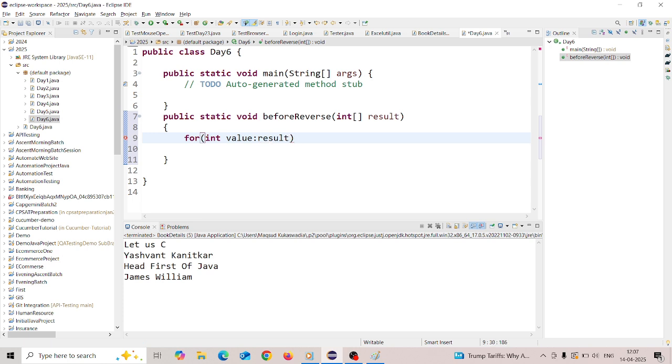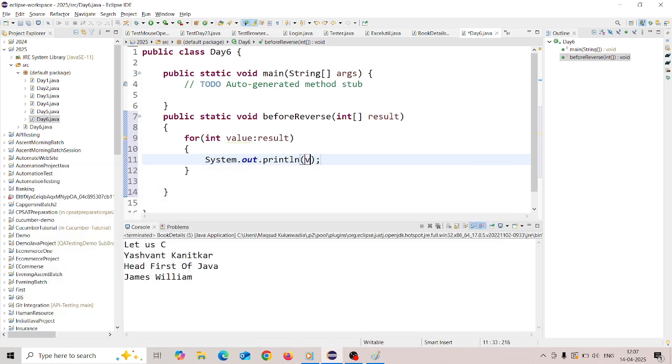Alright, and let's print this out in the console. So here I would like to say sysout, and we are just giving the value only, and as we'll get the value in a different line, or the next line,